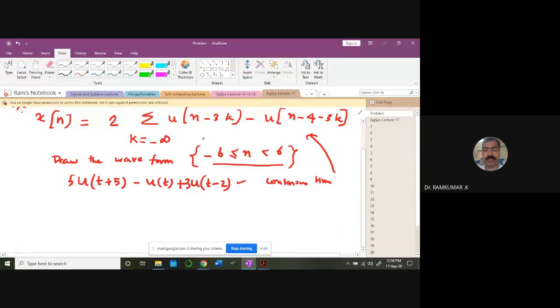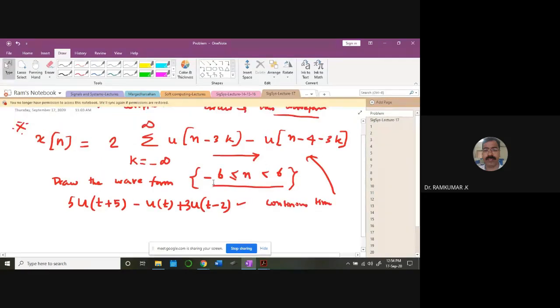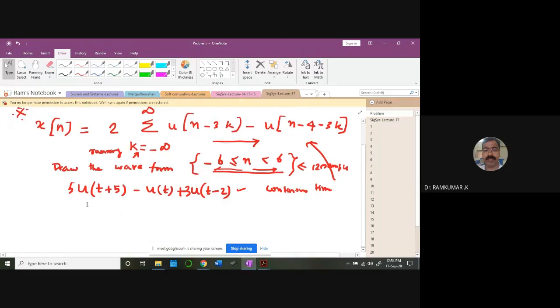See, whenever you get this kind of expression, don't panic. Mathematically, it's very well defined. It is saying that the signal is moving with respect to this k vector. k is a running parameter, so you plug in these values of k and see what you get. Here they are asking for only around 12 samples of data, starting from 0 going up to index 6, and starting from 0 descending to -6. These are all the samples they are asking you to work out.